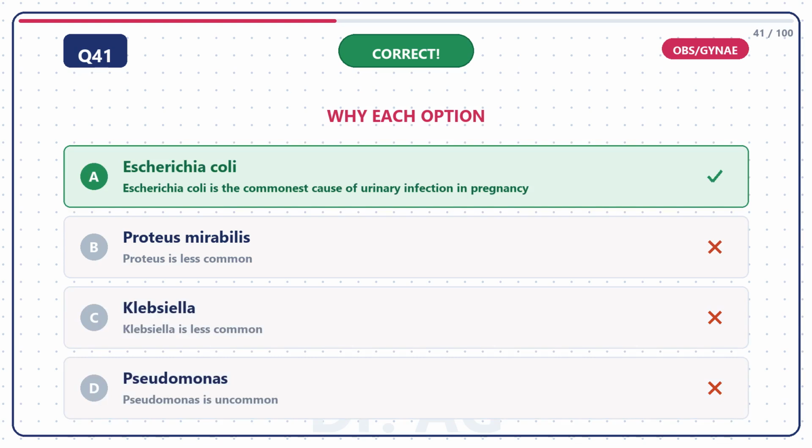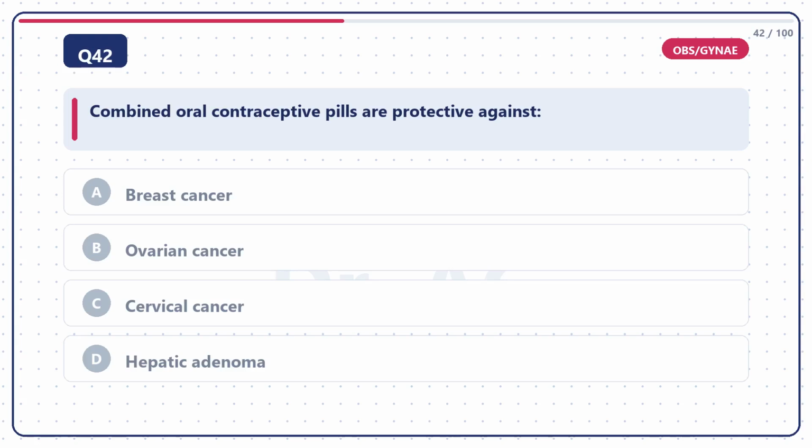Escherichia coli is the commonest cause of urinary infection in pregnancy. So, the right answer is option A, Escherichia coli. Question 42. Combined oral contraceptive pills are protective against option A,